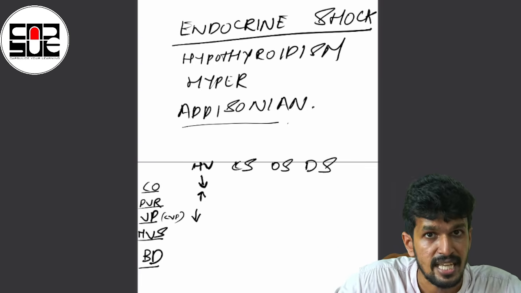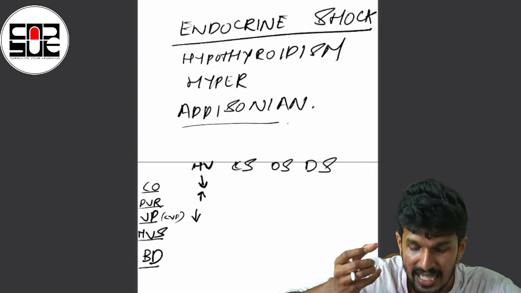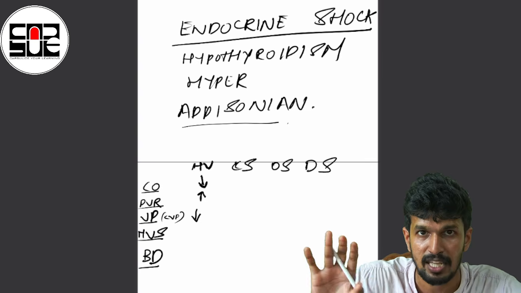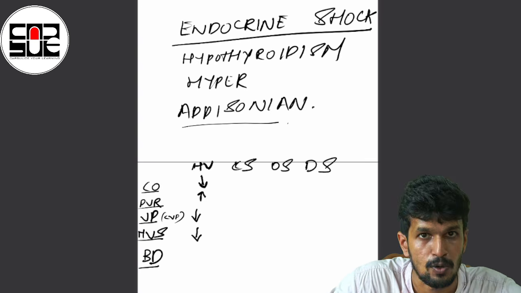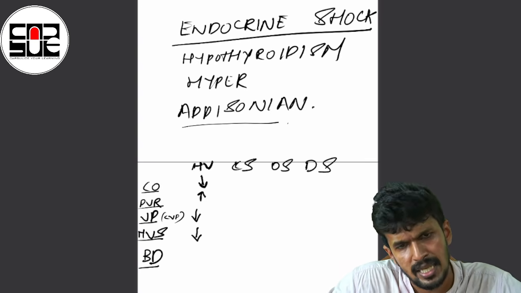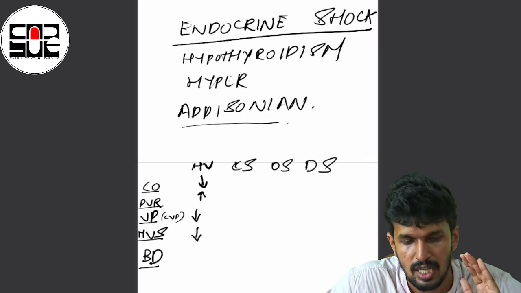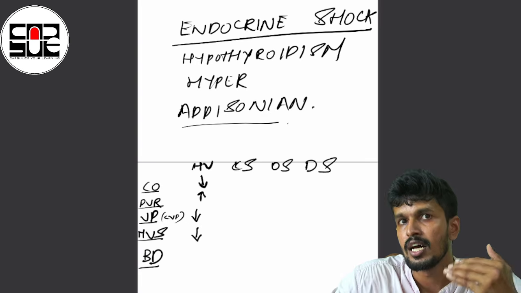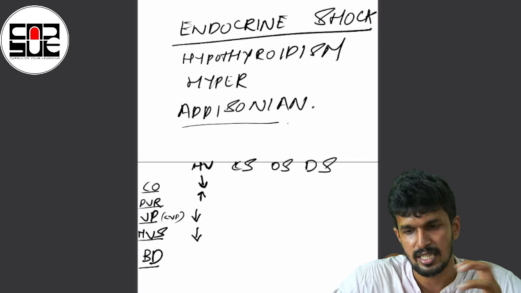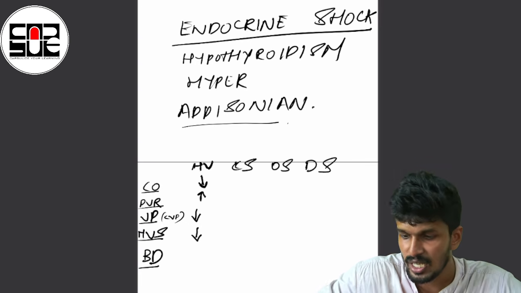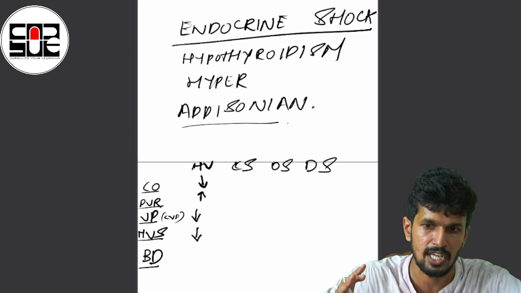What happens to the mixed venous saturation? Mixed venous saturation reflects the oxygen supply and the oxygen intake. As we know, in shock the oxygen supply will be decreased and intake will be more, so mixed venous saturation will be low in hypovolemic shock. What is base deficit? In all these cases of shock, there are states of metabolic acidosis, and our bicarb levels will be decreased. Base deficit is how much base is needed to compensate for the deficit created by the tissue.